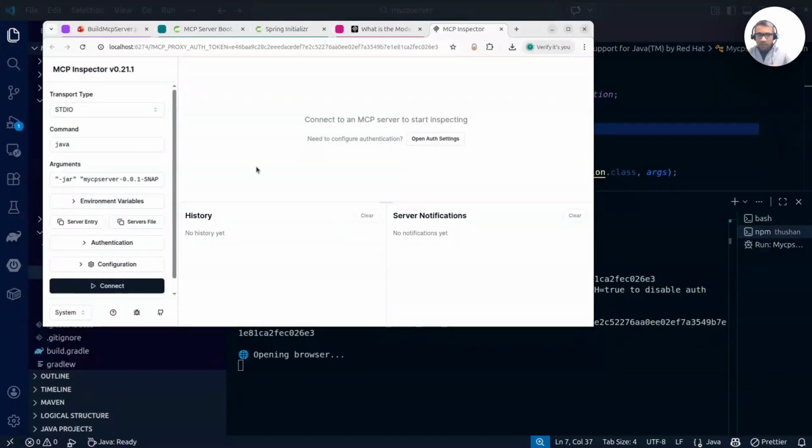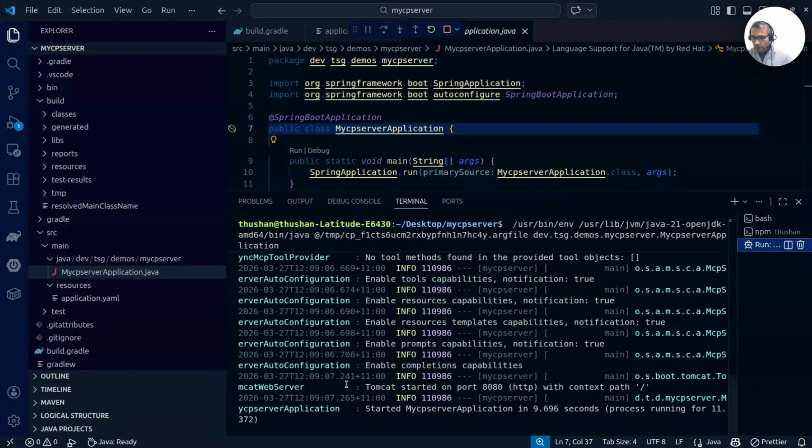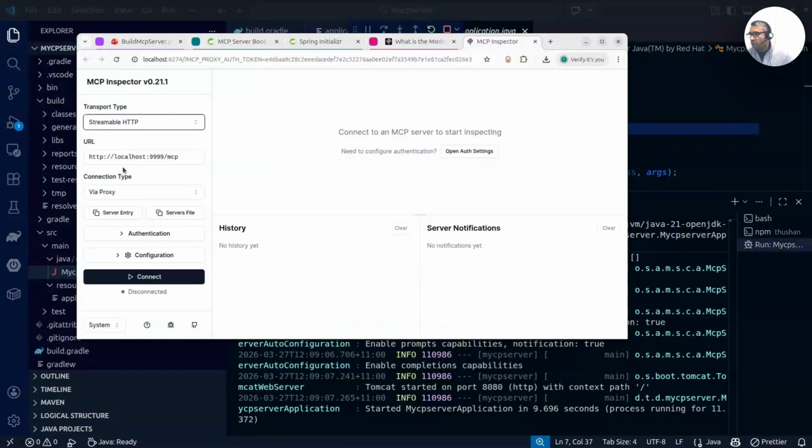Now since our MCP server is already running, let's go to the logs here. Since it is already running, we can't use standard IO. We have to use streamable HTTP, since this is now a remote one, which, as I told you, is a Spring web application running